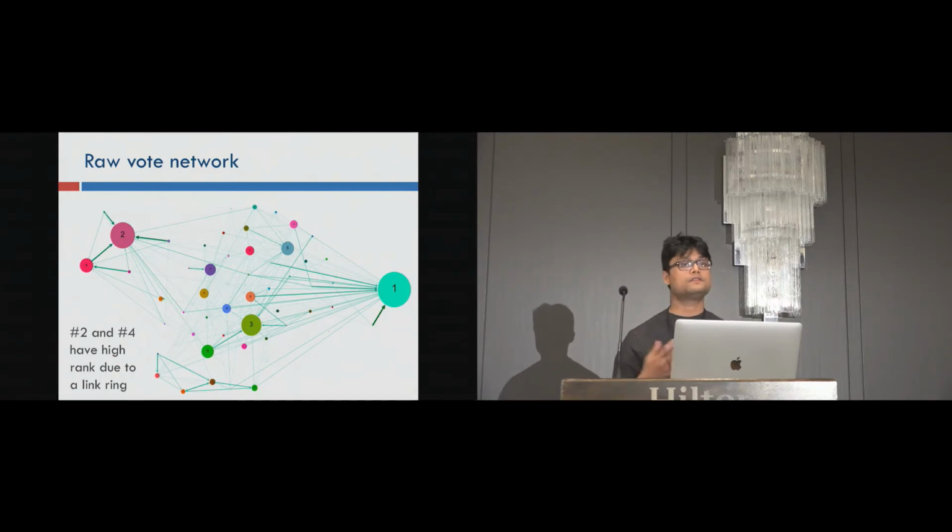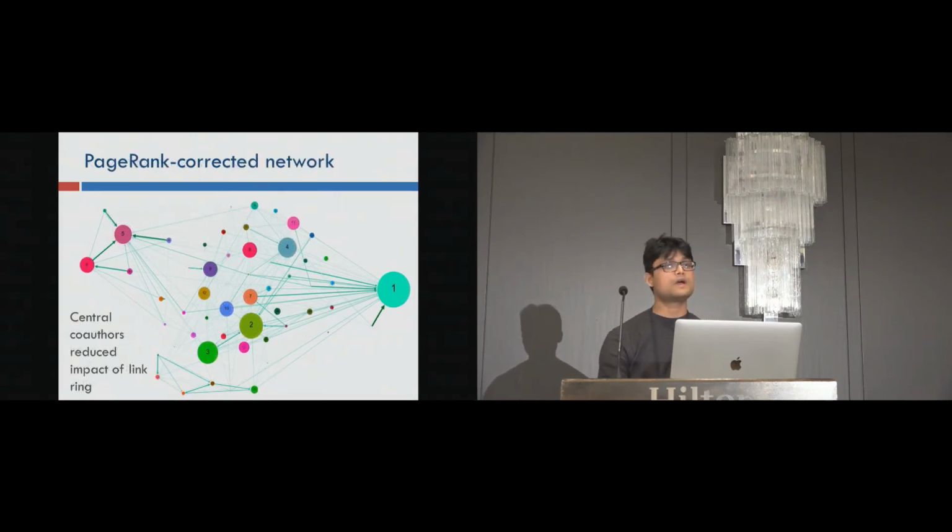And in practice, we saw this effect. This is a raw vote network where, if you notice on the left corner, there was a link ring forming, and a person with the ranking 2 is getting major votes. What we realized was that this person, even though they were getting second authorship, it wasn't fair given the contributions they made. So when we applied PageRank, the ranking fell from 2nd to 5th, which was a very fair way of assessing this person's contribution, and this was really appreciated in the community because they felt it was a very fair author order.